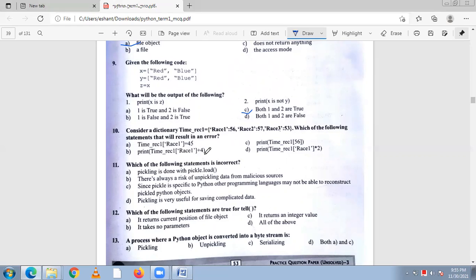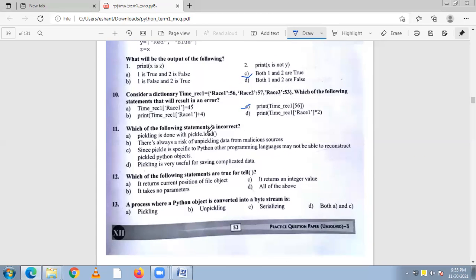Yes, we can do this one. Print time record 56. Okay, because this is the main dictionary name and this is the sub dictionary value, it will give the error. C is the answer.